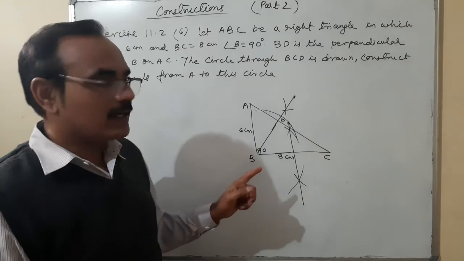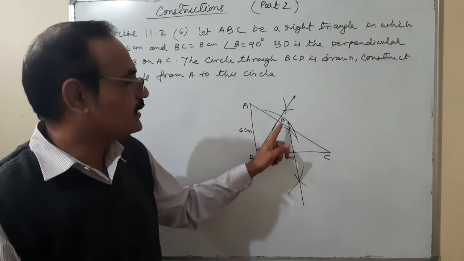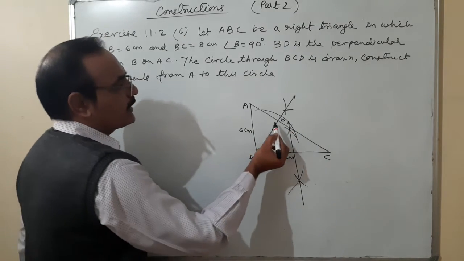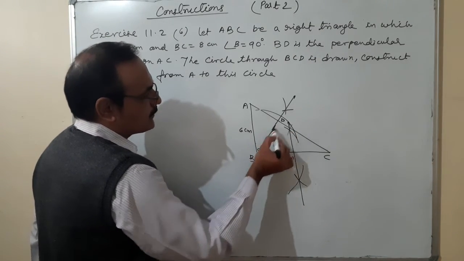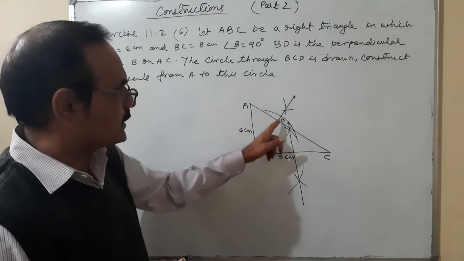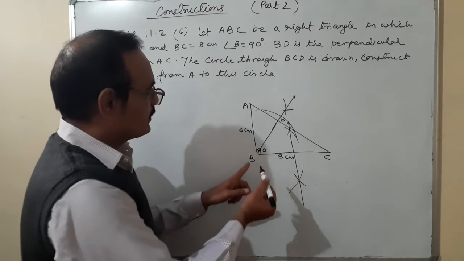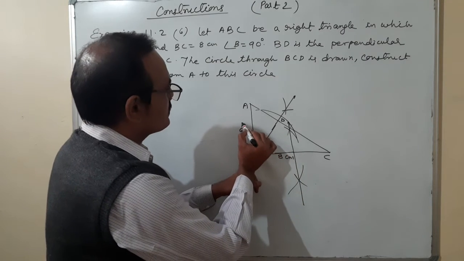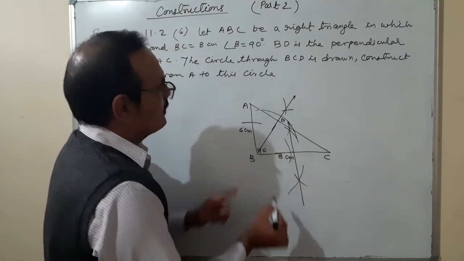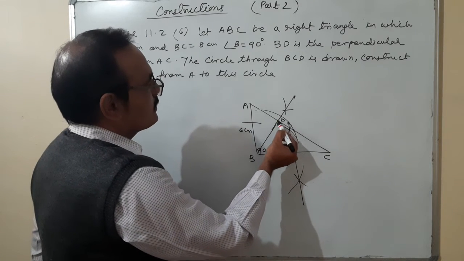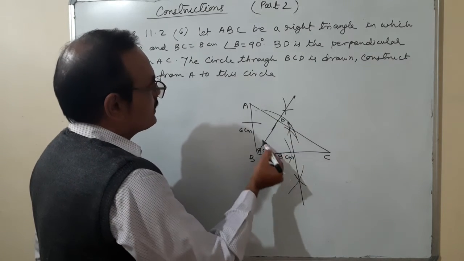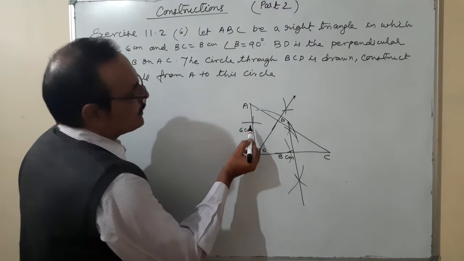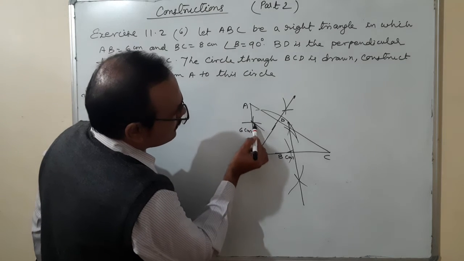Okay. Second, we have to draw the perpendicular bisector of BD or DC. It depends on your choice. So I have taken these 2 points B and D. That means I am going to draw the perpendicular bisector of BD. Again doing the same thing, placing the middle point at B, more than half of BD, draw two arcs on either side of it. Having the same distance, placing the middle point at D, cut these two arcs. Okay, like this.